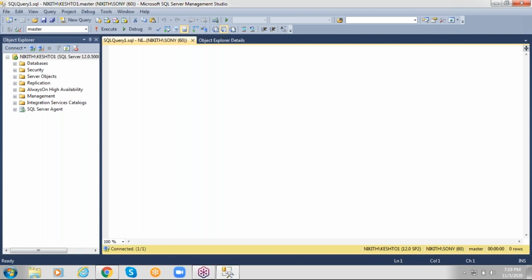In the same way, user databases means whatever the database we are creating explicitly for our project purpose, that is called as user database, right?